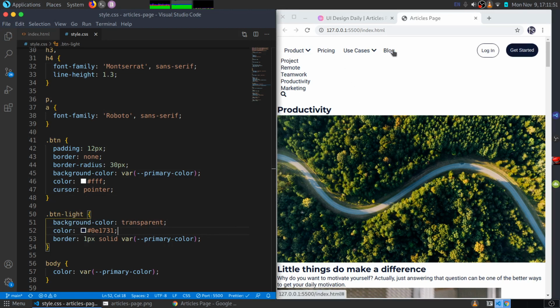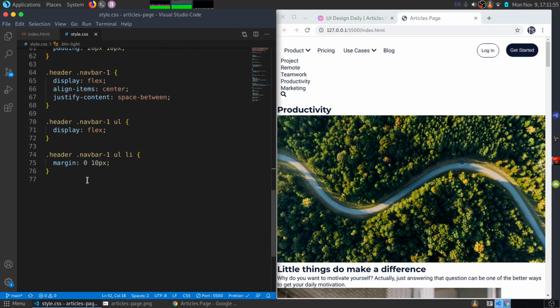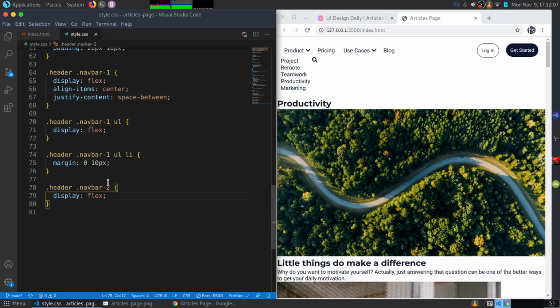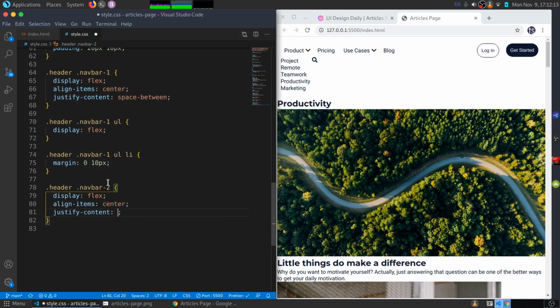What else would I want to do for this header? I think that's it. Now for the second header, for the second navigation bar, I mean navbar-2, I want this to display flex, and I want align at the center and justify content space between,